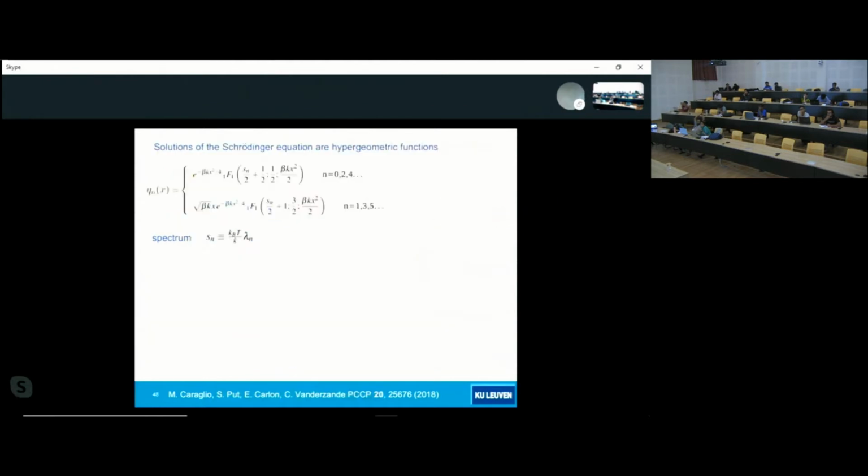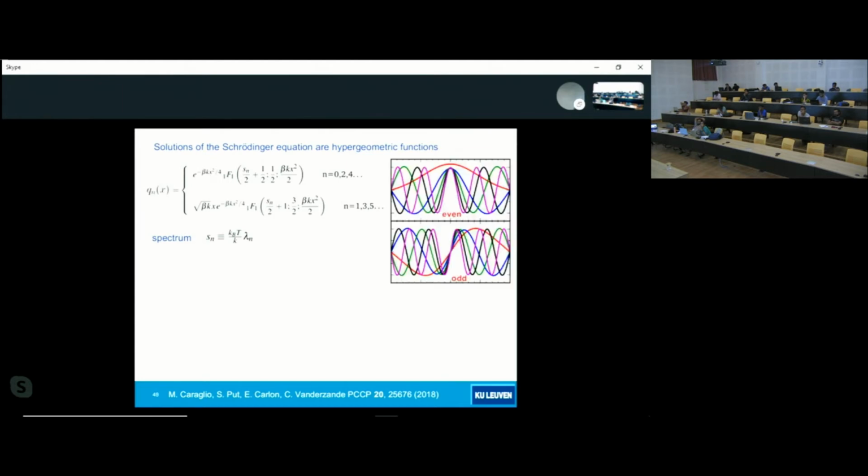All right, and now we have to find the solutions, and the solutions are hypergeometric functions. Of course, this is the harmonic oscillator of quantum mechanics, but it's different. We want to enforce absorbing boundary conditions. Therefore, our wave function has to vanish at the ends of the interval, all right? So we are changing this s of n, which is related to lambda, until we find the zeros exactly at the right point, okay? Like in quantum mechanics, we have even and odd functions. The red is the lowest, the ground state.